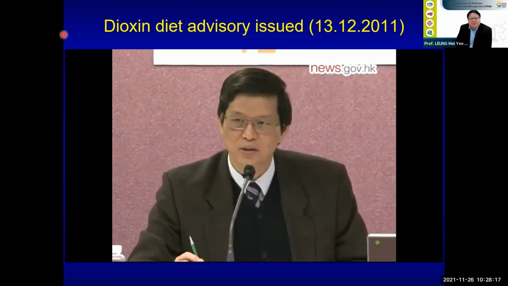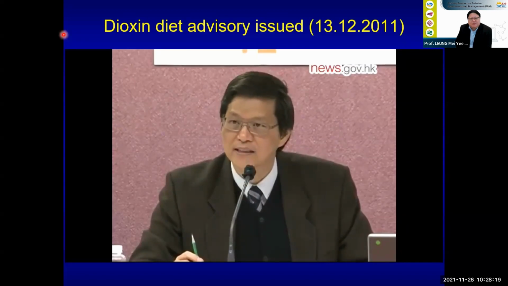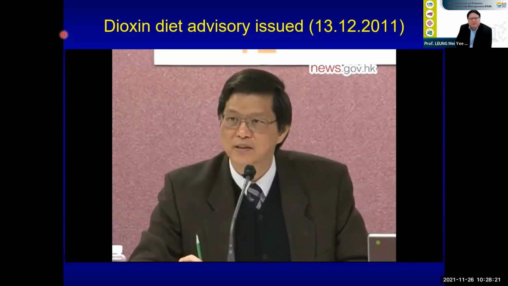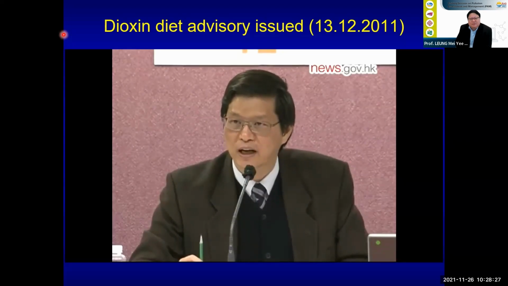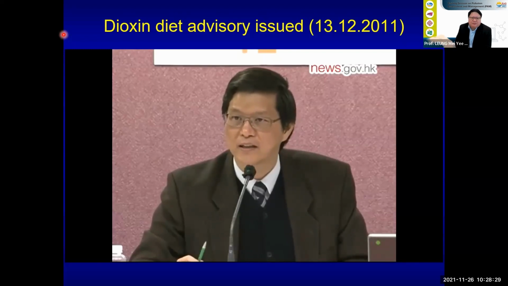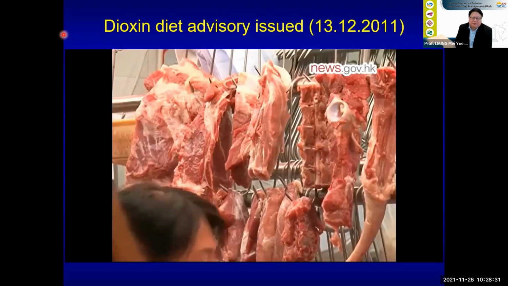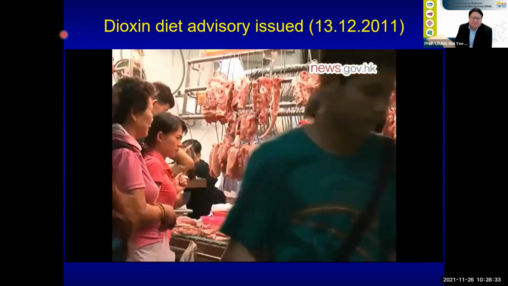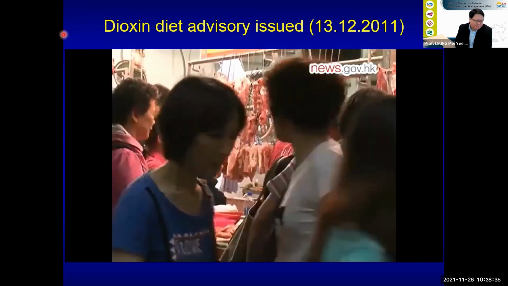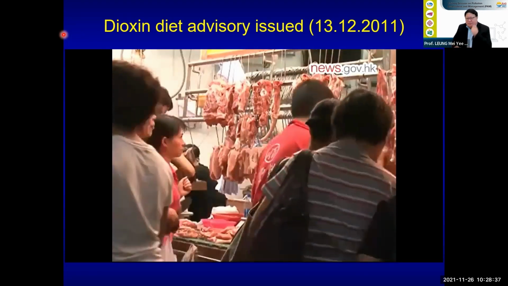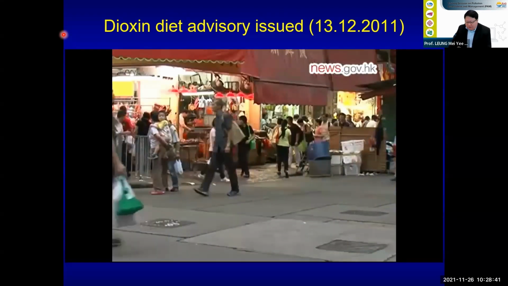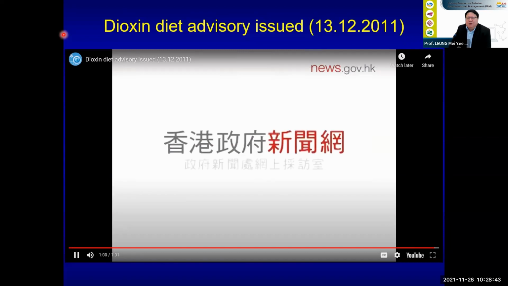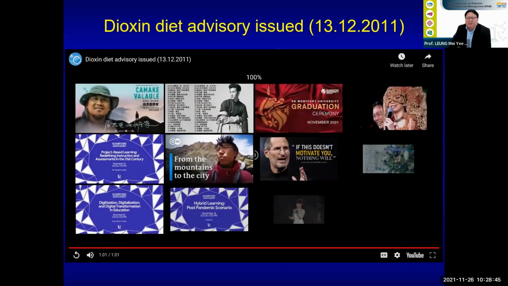However, Center for Food Safety consultant Dr. Ho Yuk-in said people should not panic about eating fish, saying moderate consumption of a variety of seafood should not cause excessive exposure to dioxin. He also advised people to trim fats from meat and consume low-fat dairy products to reduce dioxin intake. So this is a good example because